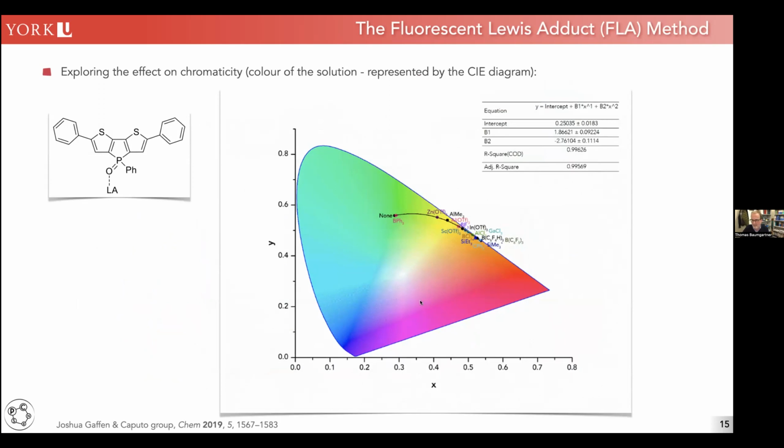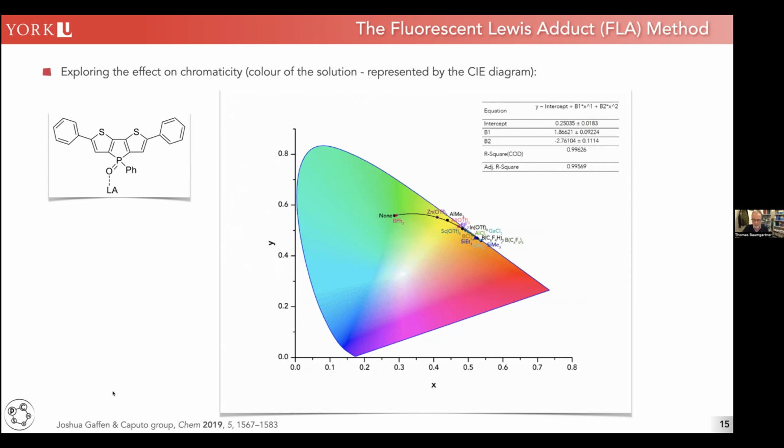It's a chromaticity diagram. The colors in this parabola here, this is all the colors that we can see with our naked eye. And the lighting industry has found a way to actually make this easy to read in terms of coordinates. So you can see here we have an X and a Y axis. And basically, you can define any type of color that we can see with our naked eye by a specific X and a Y coordinate. And that's basically the saturation and the hue of our solution. And an interesting thing that we noticed, in particular, Josh Gaffin here was a postdoc who actually had a minor in math.